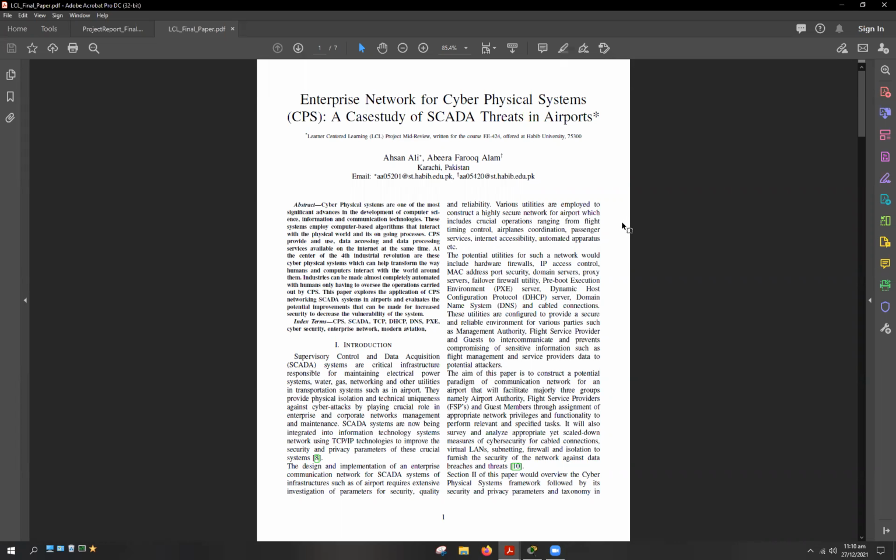So our project was basically to look at the networks that are employed within the domain of cyber physical systems, where the networking has to be integrated into the physical machinery or sensors or actuators, to basically ensure their proper functionality and timely operations. So we conducted this study in the context of airports, where we specifically looked at the SCADA systems or supervisory control and data acquisition systems, where the machines are interacting with each other and sensors are sending and receiving data in real time, right?